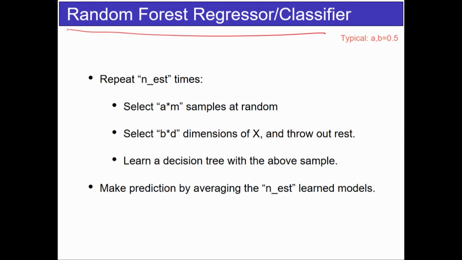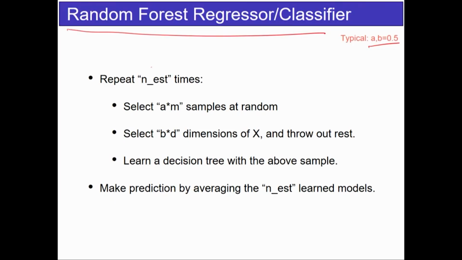When you look at it, it's very, very simple. So you choose the number of classifiers that you want to learn. That's generally limited by time. You can't learn a million classifiers. I mean, the more, the better, always. But maybe you have the time to learn only, say, 100 classifiers. So that means that you set the number of estimators to be 100. And then you select the fraction, and the typical value is 0.5. For simplicity, you can just set it to be 0.5. You select half the number of samples at random for each of the estimators, and you select half the number of features.